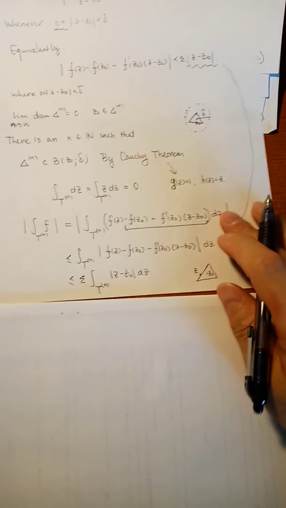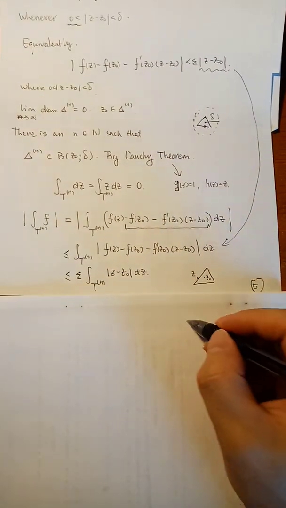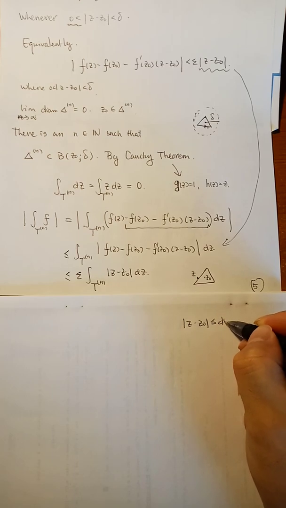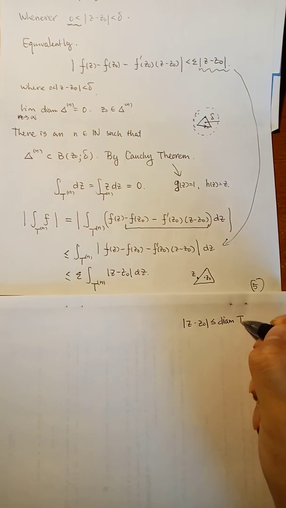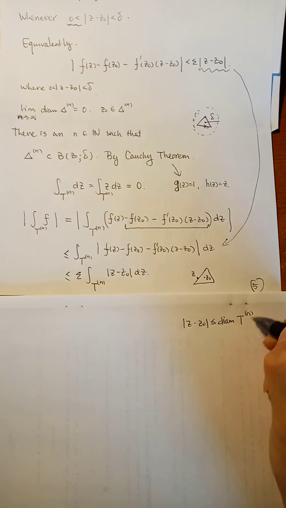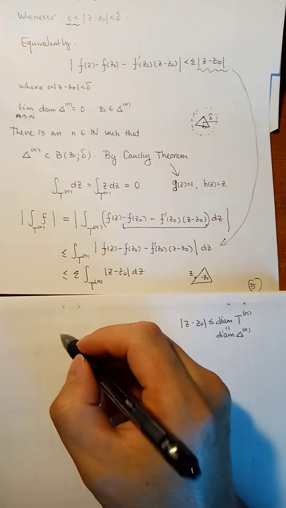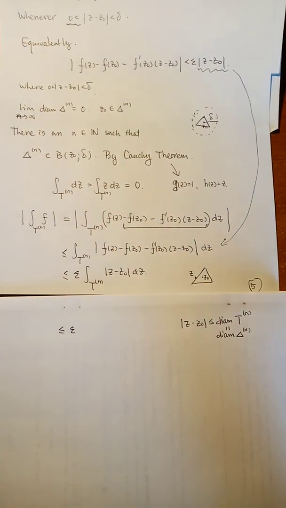So here, let me write it here. |z minus z0| is going to be less than or equal to the diameter of Tn, or the diameter of delta, the same thing. These two things are the same. Okay, so it's less than or equal to epsilon times the diameter